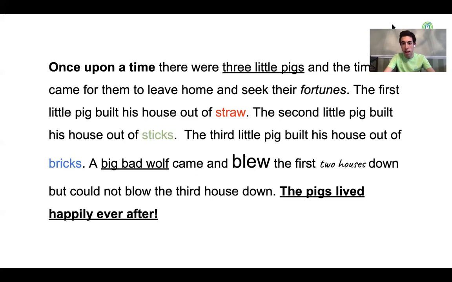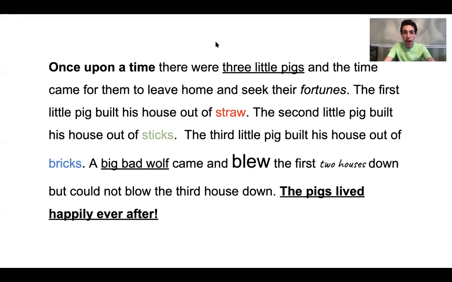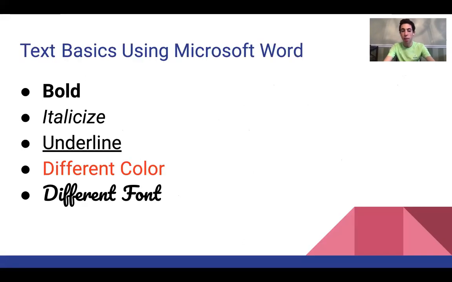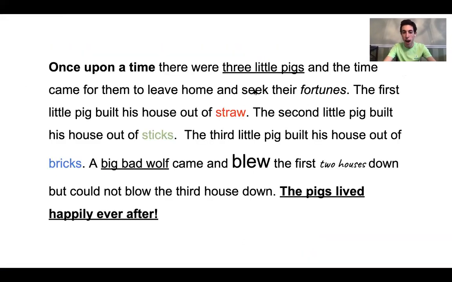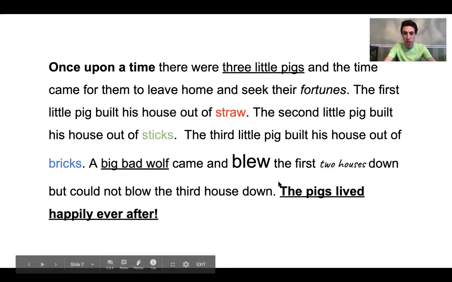I'm going to unmute everyone. And basically what's going to happen is I am going to read the passage that's on the screen. It's the story of the three little pigs, if you could recognize that. And you can see that throughout the passage, there are certain pieces of text that are using the 5 text basic functions that I just spoke about. And I would like everyone to call out when we get to one of those 5. Throughout the passage, there are all 5 of them. A few of them appear more than once.